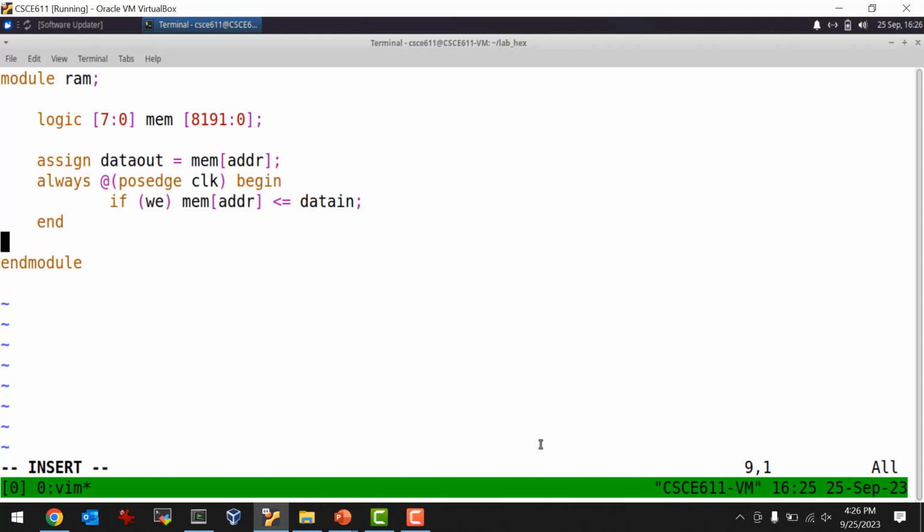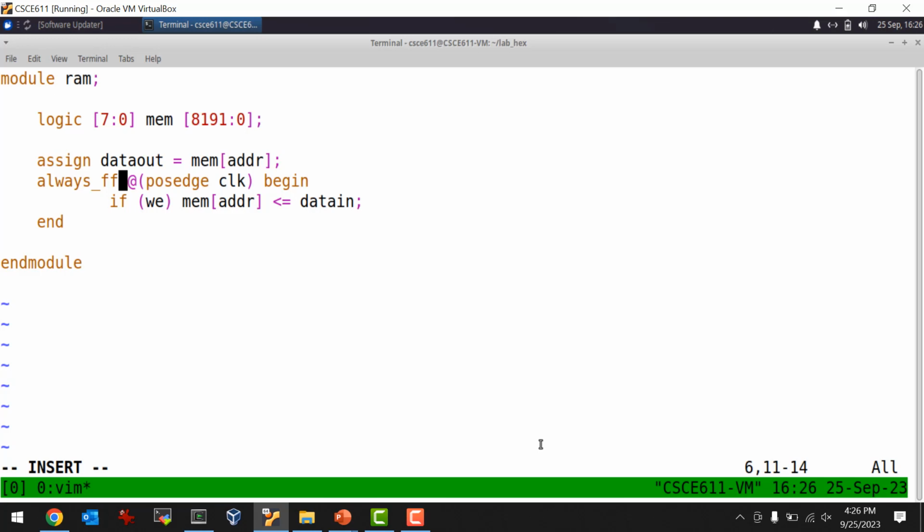And then end. Okay, a couple things to note. Notice I just used always. I didn't use always underscore FF. That's an option. Just saying always is the old school way. I probably should say always underscore FF though, because it kind of protects me a little bit. The compiler knows what I'm trying to do. Notice also I used the non-blocking assignment. What would happen if you used blocking there? I think it would be fine, but I wouldn't want to risk it. I'm using non-blocking because it's synchronous logic.